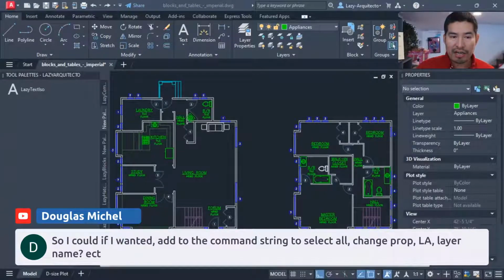You could start adding more or extra commands to this macro string, and that way you can even customize this tool per your needs, right? Everyone has a specific way of working, specific needs, but so far this command will isolate all of your text in AutoCAD. So if you wanted to edit it and change some properties, changing some layers, yes, you could also do that, my friend Duke.